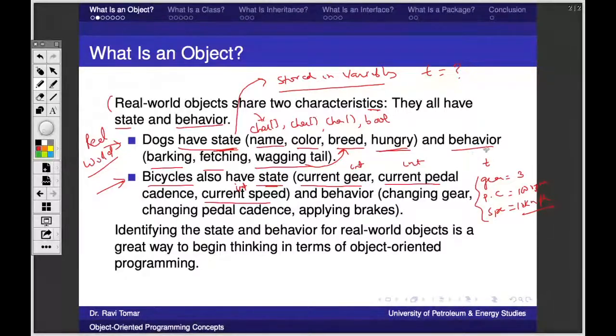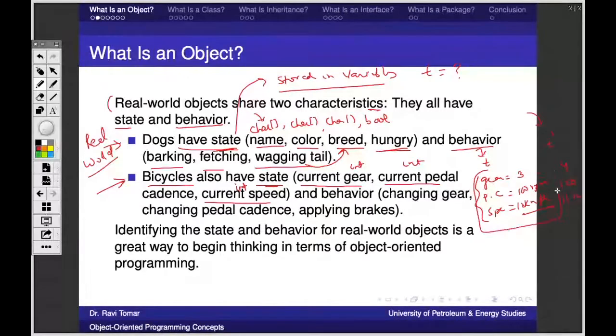This is at a particular time stamp t. Maybe just after this, at t dash, gear is 4, cadence is 120, speed is maybe 11 kmph.